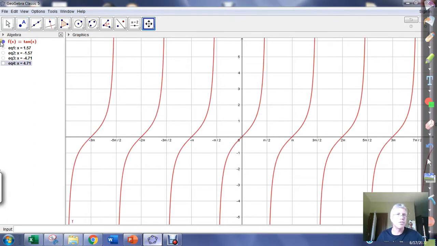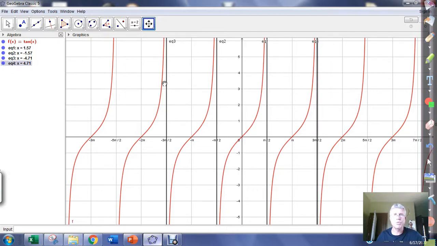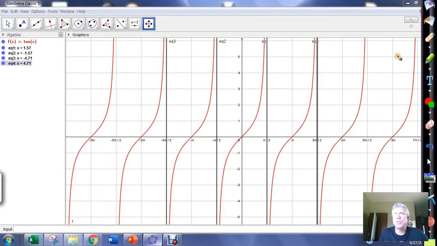Here's the tangent function with a few of its vertical asymptotes. So here's some vertical asymptotes no longer drawn by hand by me. There is another key feature when you're graphing the tangent function that's really important to look at. We want to establish that we've got these vertical asymptotes, that halfway between vertical asymptotes we have outputs of 0 occurring. There's one other important spot to look at, and it's going to be